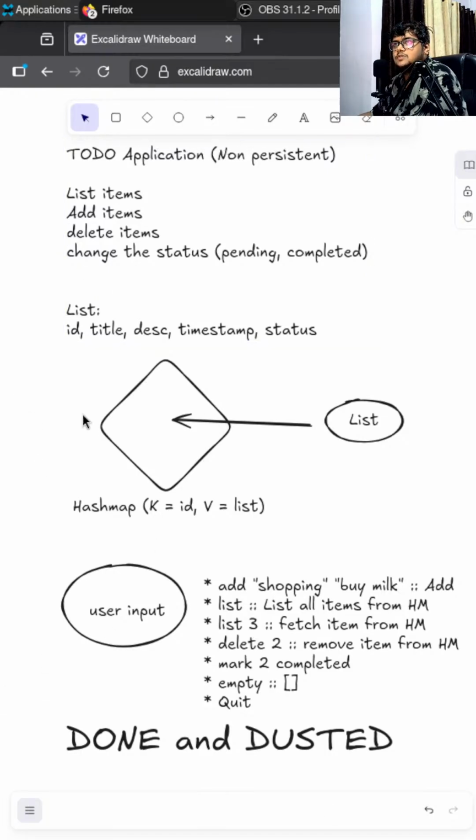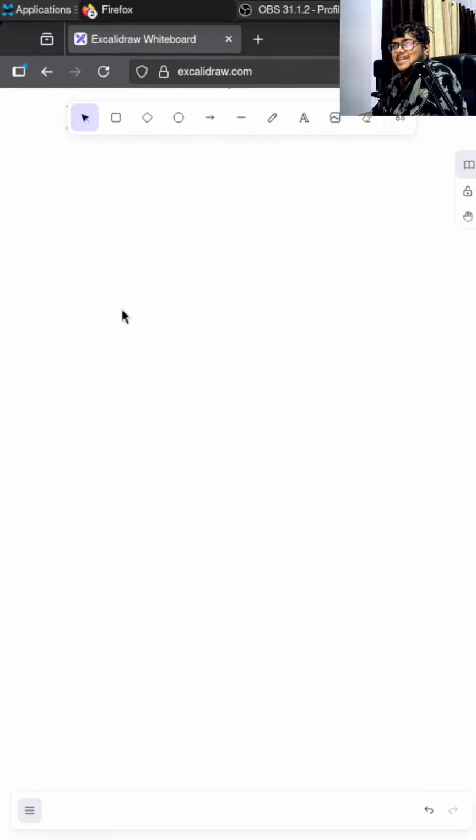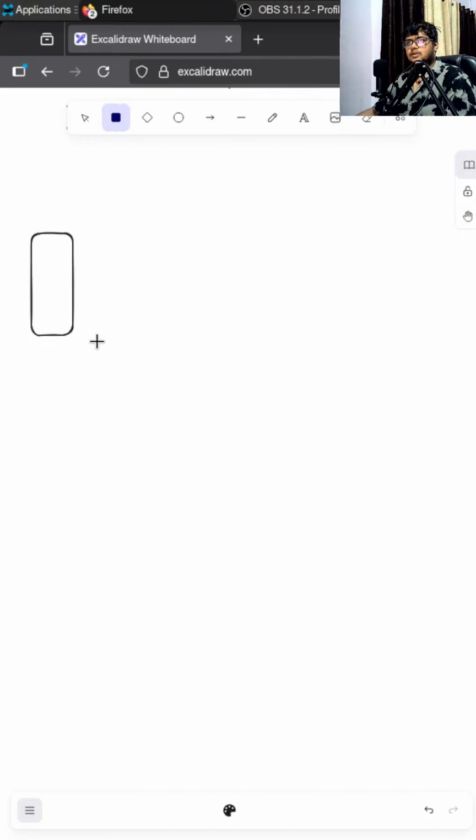Awesome. So this was the thing that we did earlier, right? We did a to-do application with a non-persistent database. So what are we going to do today? So we are going to create